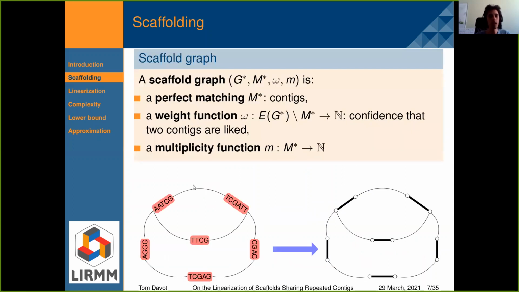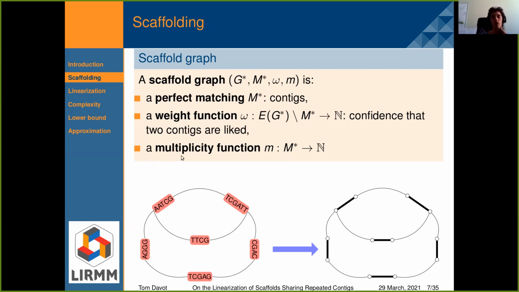Formally, a scaffold graph is defined like this. We have a graph, G star, with a perfect matching, which represents the contigs. We have a weight function on the non-matching edges, which represents the amount of confidence that two contigs are linked in the DNA.